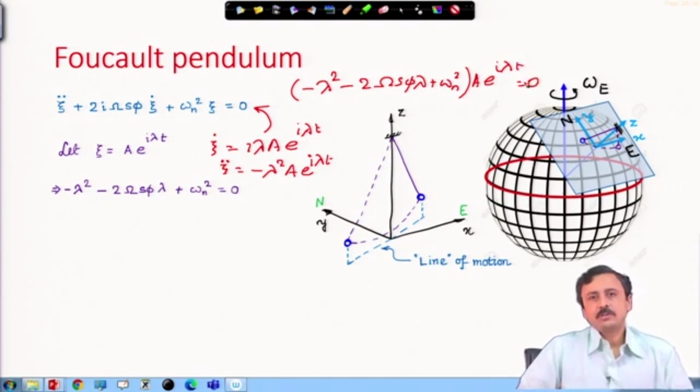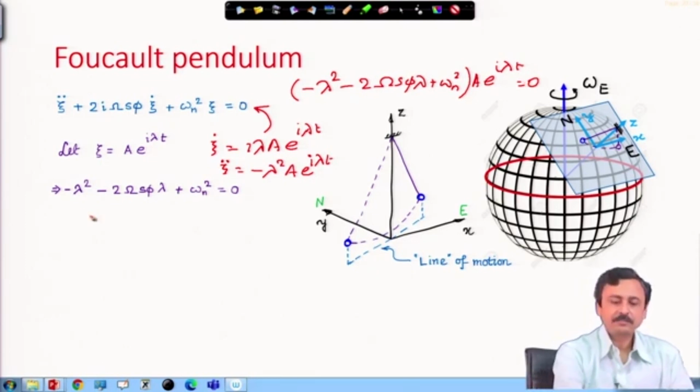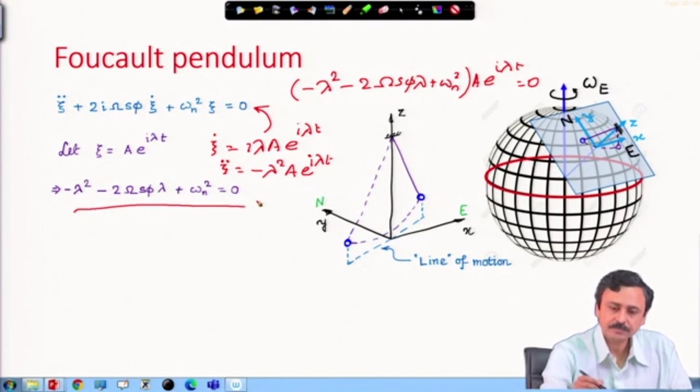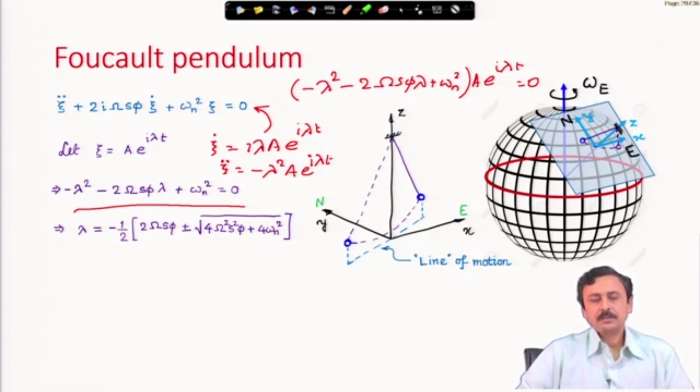Now, A is not 0, otherwise we are looking at the trivial solution, and e to the power i lambda t will never be 0. Therefore, the only way this can be 0 is when this factor is 0. This is our characteristic equation. This is a quadratic equation. We solve for lambda,